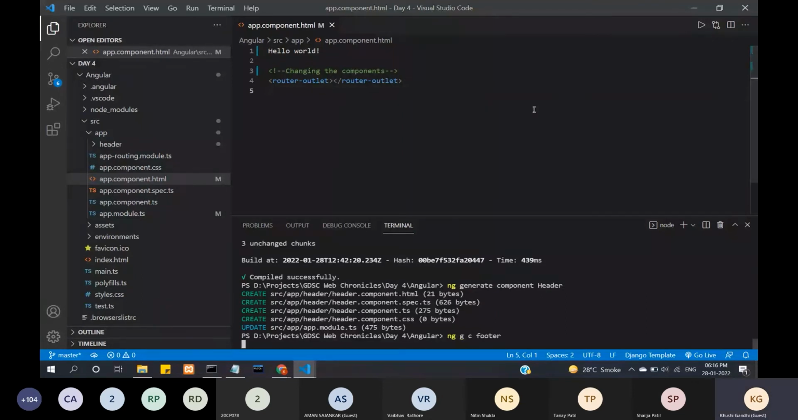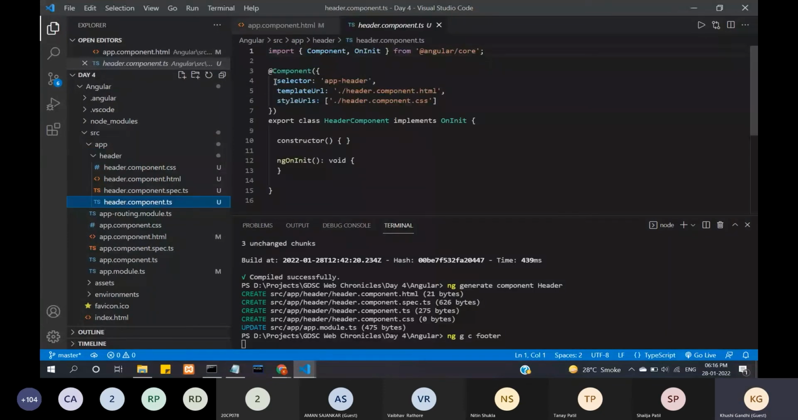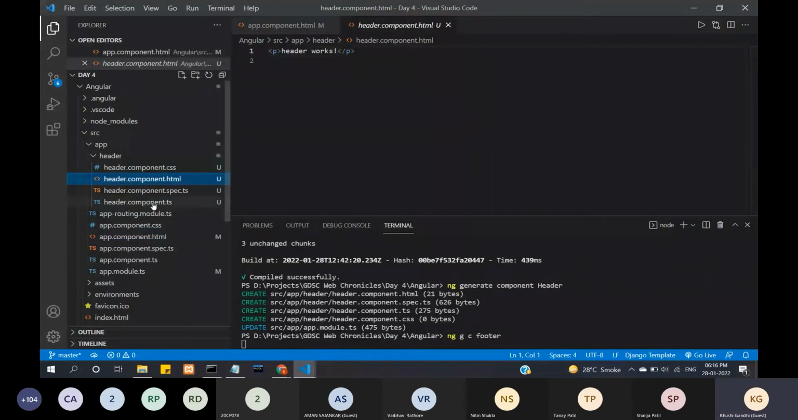So we see header right here. We can see the 4 files, right? Now what we talked about the TS file earlier was that it consists of a selector. What selector does is consist of the name that we can refer to in this app.component.html